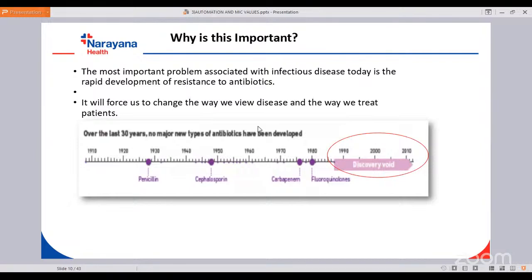So why is it important? You can say, okay, fine, let the resistance develop. We will end up getting antibiotics also at the same rate. What is alarming is that pharmaceutical companies are now not investing in antibiotics. And they're saying